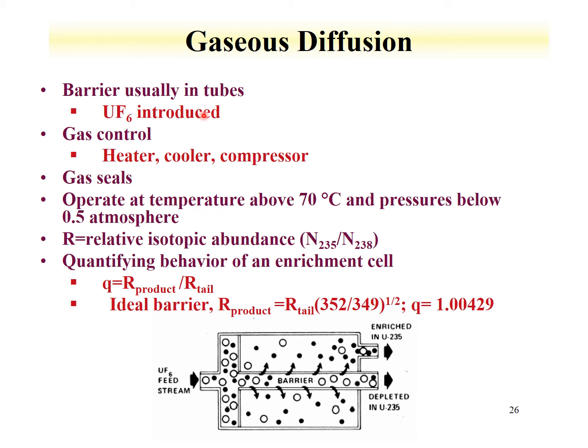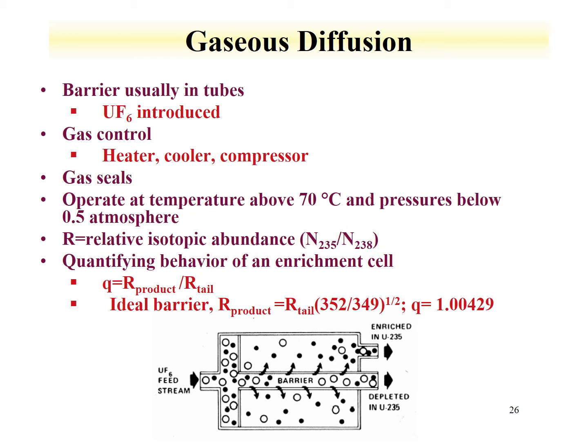Some of the controls of this include heaters, coolers, and compressors to control the gas. Most of the time they operate at above 70 degrees and pressures below 1/2 atmosphere. You can quantify the behavior of an enrichment cell by this factor, being the R of the product and the R of the tail, where R is the relative isotopic abundance, the number of 235 divided by the number of